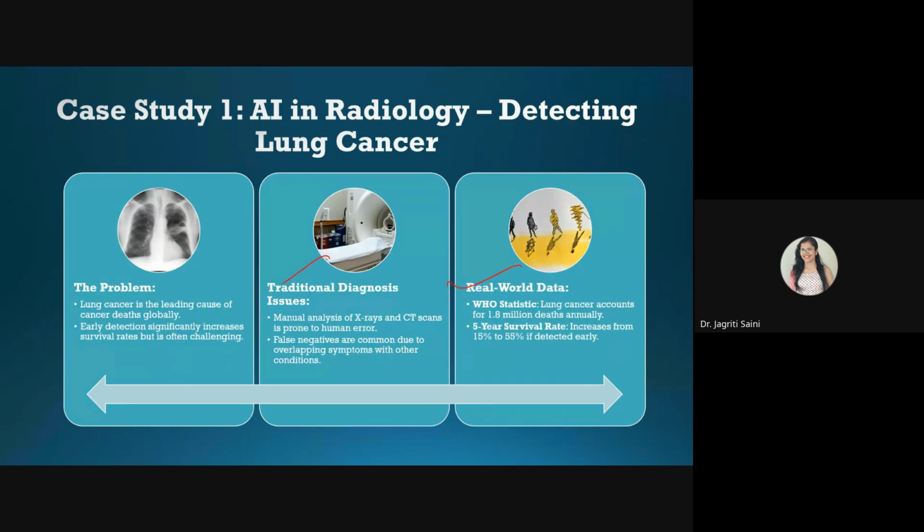So for this, what we can do is we can at least train some models on some real world data sets. These are just some examples that you can consider. WHO is also providing some data sets on this particular problem, and you can see, based on some initial stats that they are providing, how this lung cancer issue is affecting the world at present.